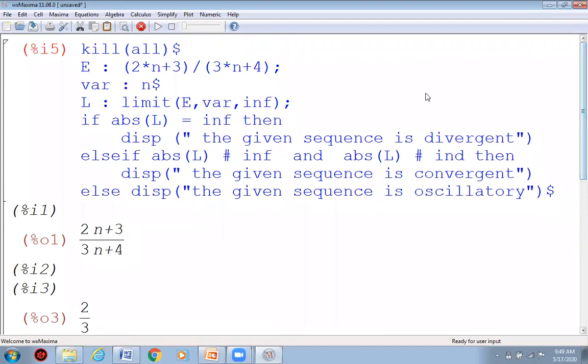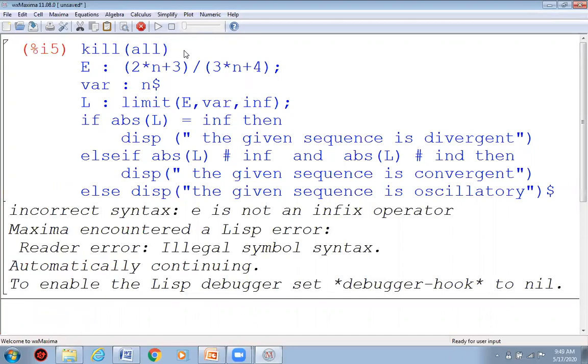So now let us discuss some of the common errors that we come across. Now if I remove this $ sign, or I would have forgotten the $ sign while typing, let us see what will happen. So here I'm getting "E is not an infix operator." So after this symbol, there is the letter E. So it will mention that E is not an infix operator. So if you are familiar with this error, you will know where the error is and you can rectify the error there.